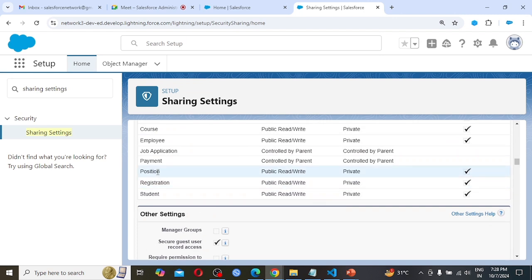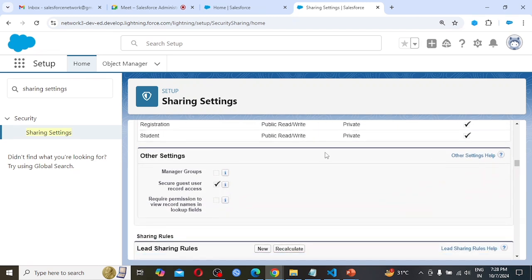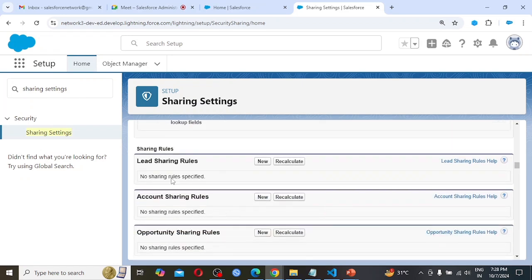Also we are seeing position, registration, student. These are custom objects, and we had intentionally given the access of role hierarchy. So other settings: manager groups, secure guest user, record access, require permission to view record names in lookup fields. So sharing rules, we can create here sharing rules for each object.